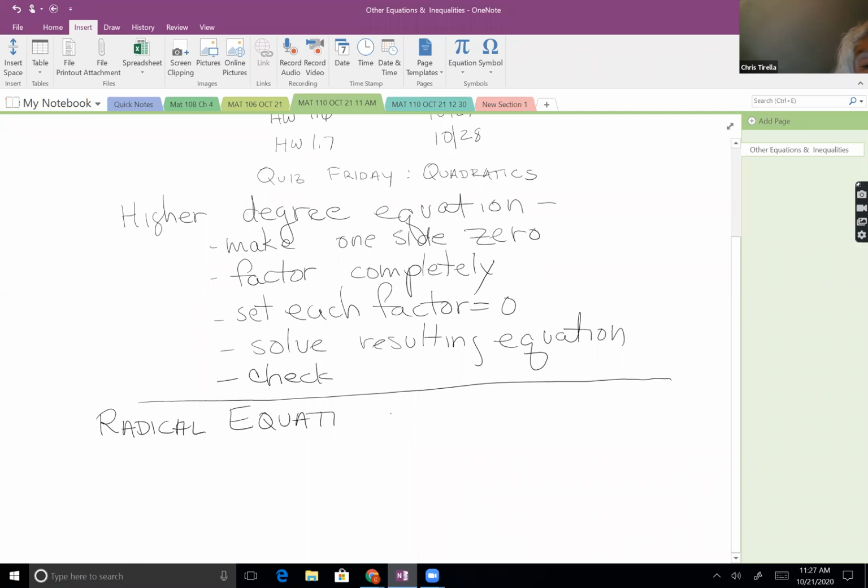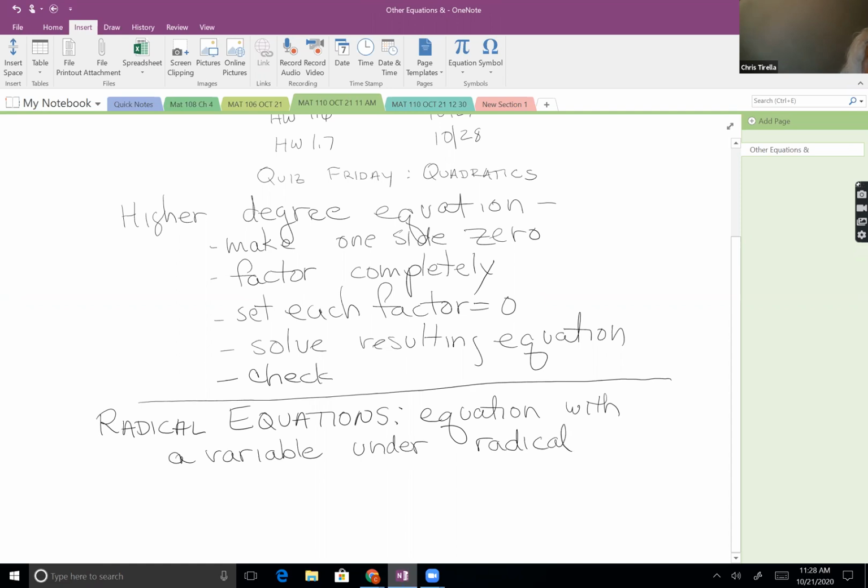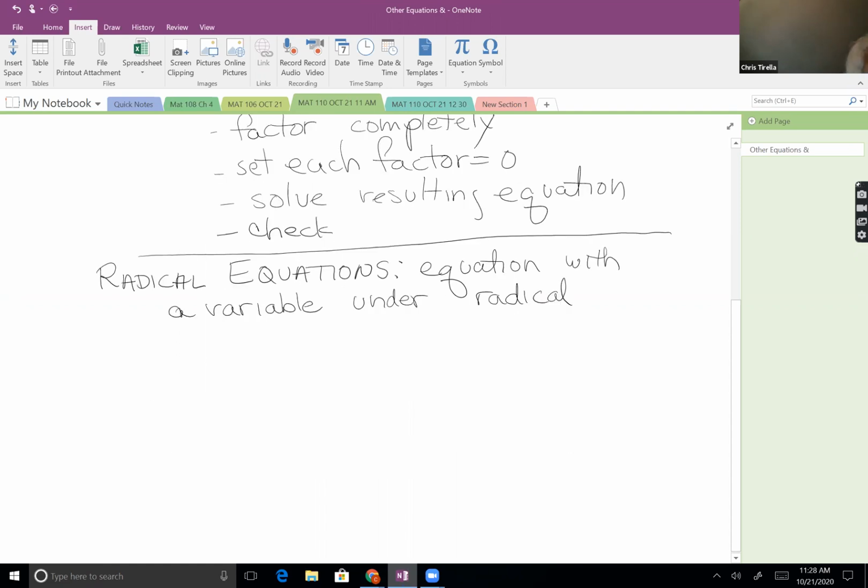And when we call something a radical equation, it's an equation with a variable in the radicand, or with a variable under the radical. And so if we look at an example,